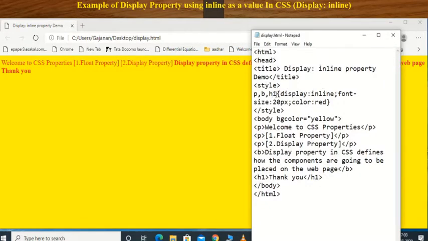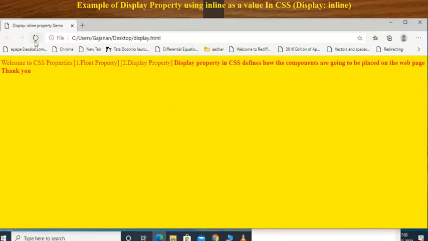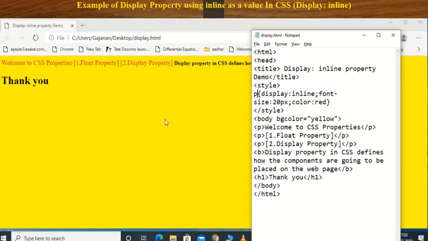Suppose I cut this H1 line, and only want to put the P tag in the display inline section. Then your text is shown like this. Clear? That means no properties are set for the H1 and B tag here. In this way we discussed the display inline property.